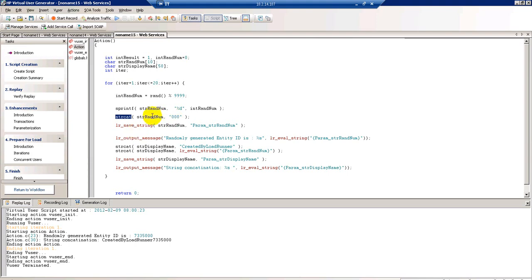Right now strrandnum has the randomly generated number, some 1 2 3 4 number between 0 to 9000. But I want to add some more values on top of the randomly generated number. I want to add 3 zeros after the random number. So I am concatenating a string to the existing string. That's why it is like this.